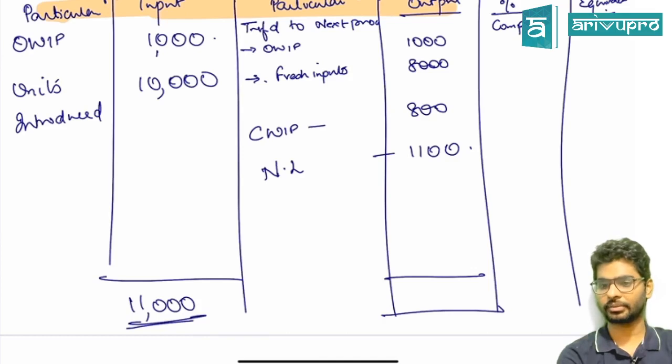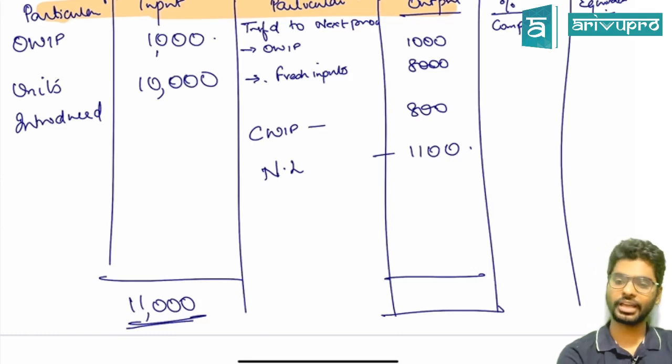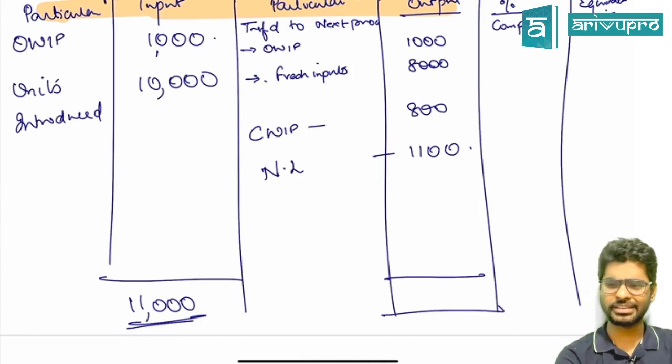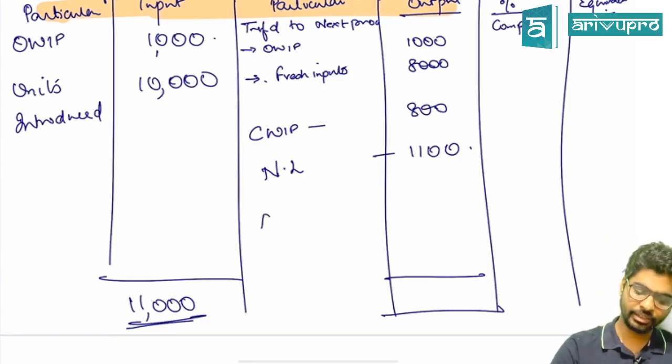Now check the total of input versus output. Is it matching? Where is there a difference? Is it on the input side or the output side? On the output side. Now what does that signify? We covered this concept yesterday. What does this signify? It signifies my